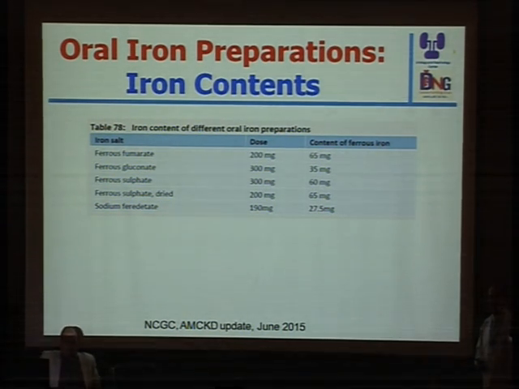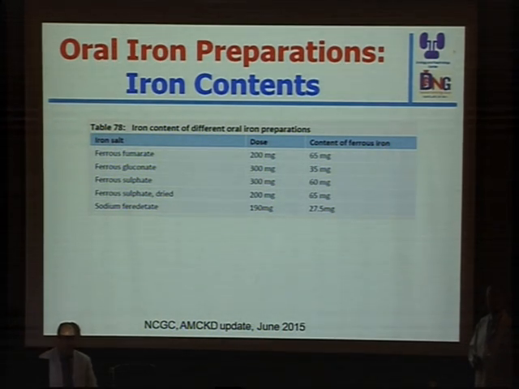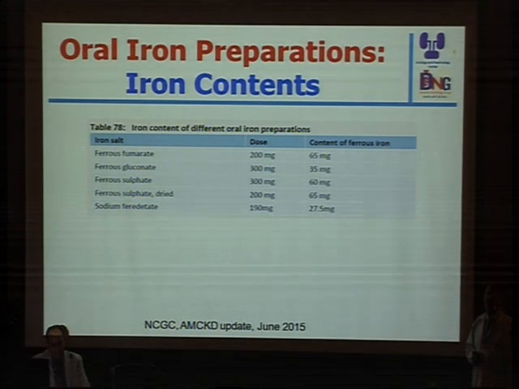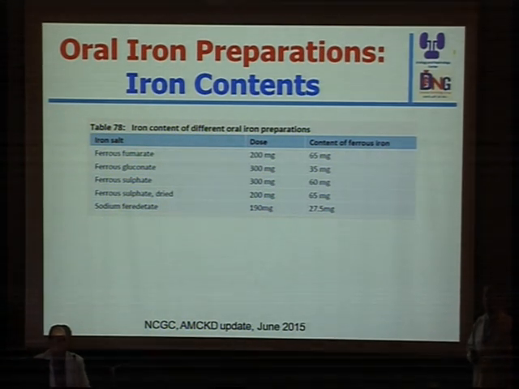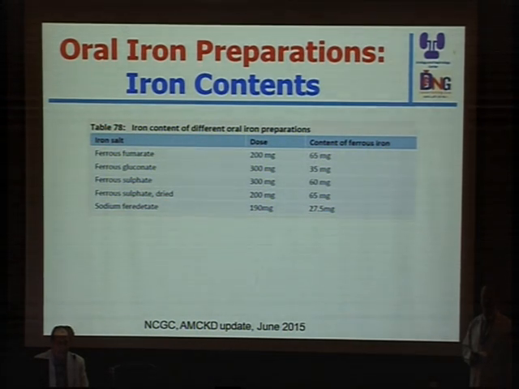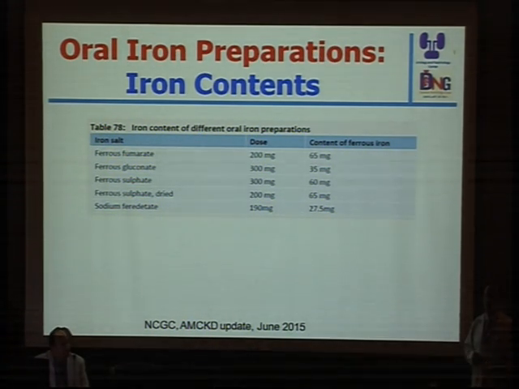What's the difference between oral and intravenous? That's a question. So if the patient is dialyzed by peritoneal dialysis, oral or IV? If the patient is hemodialyzed or maintained on hemodialysis,